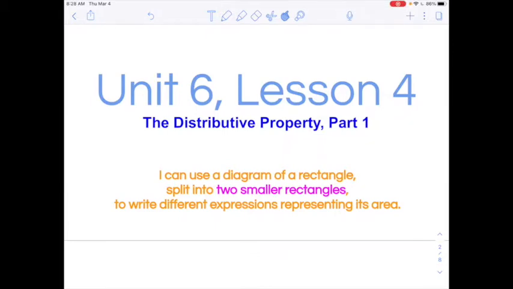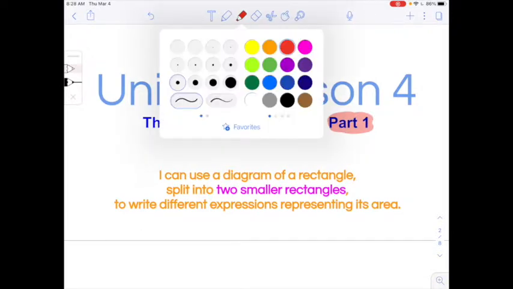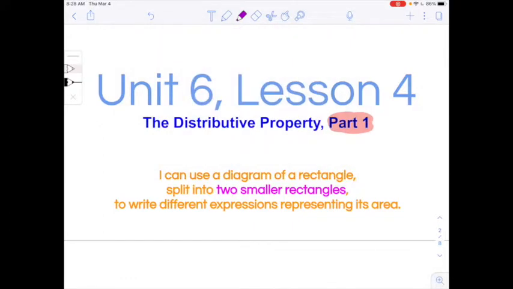Hey class, today we're on to lesson 4, which is about the distributive property. Please notice that this is part 1, and in exciting news, part 1 doesn't have any letters or variables in it, right? Instead, we are going to see some rectangles. We're going to use a diagram of a rectangle that's then split into 2 smaller rectangles to write different expressions